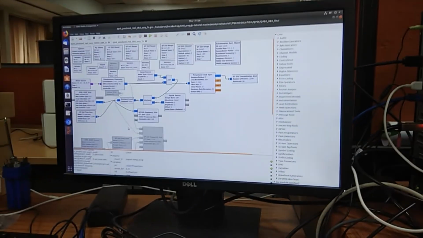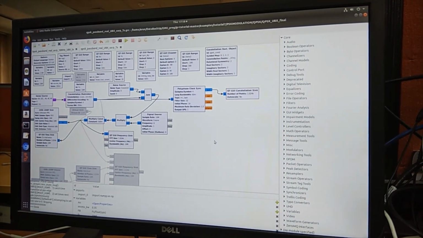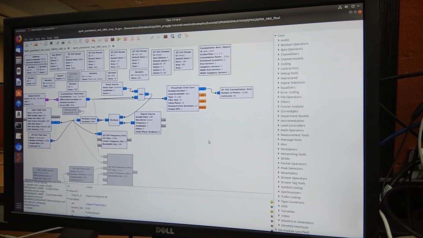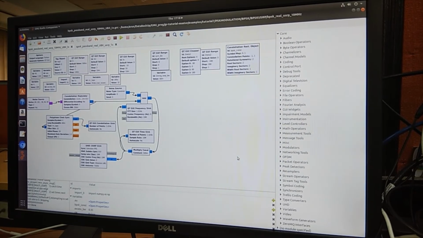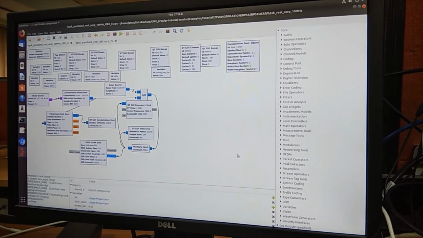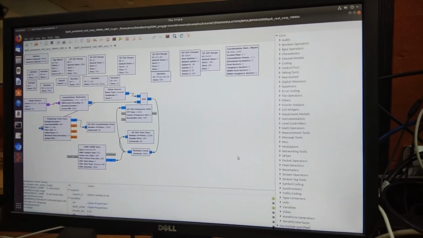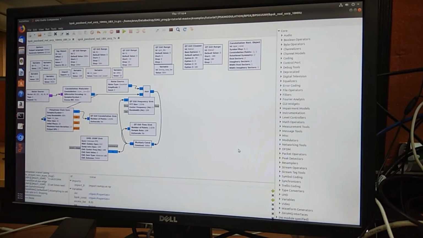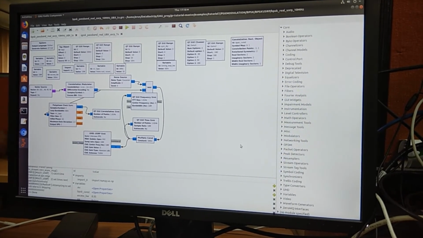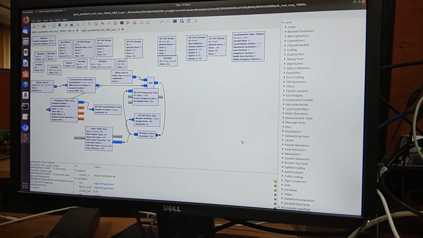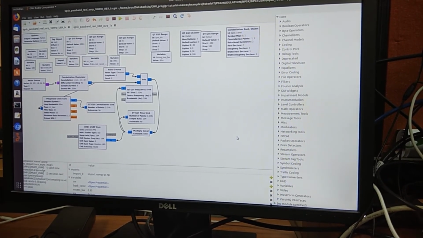So we are using the GNU Radio open source toolchain, in which we have designed the BPSK modulation scheme. This is the script of the BPSK modulation scheme. For this demonstration purpose, we have chosen samples per symbol equal to 4 and the carrier frequency is equal to 10 megahertz. So that will give the full bandwidth of 2.5 megahertz. For the roll-off factor of 0.35, the calculation of the bandwidth gives 1.6 megahertz.